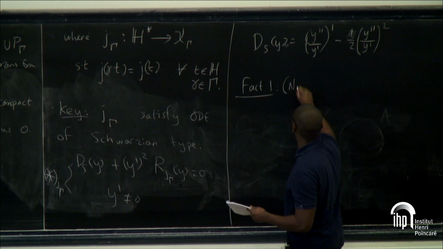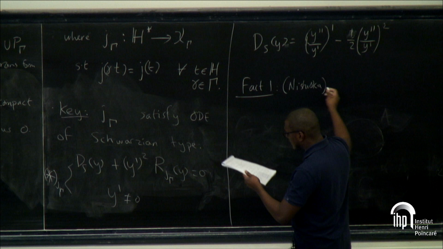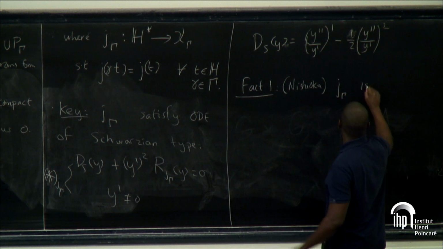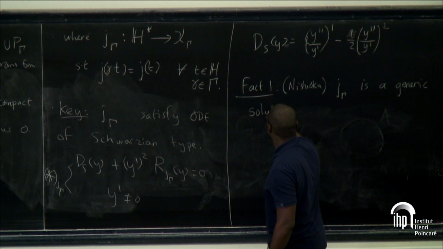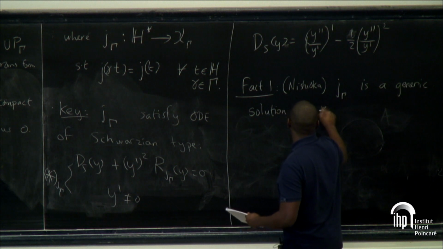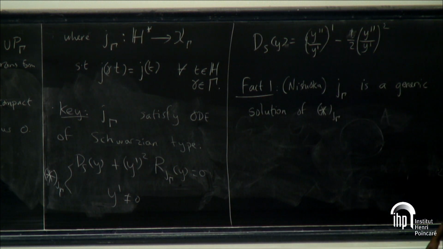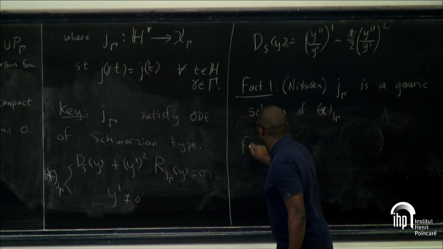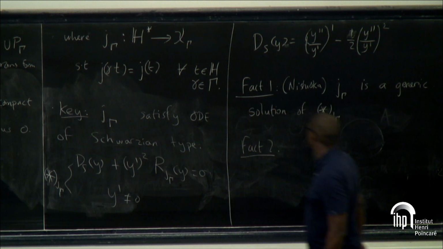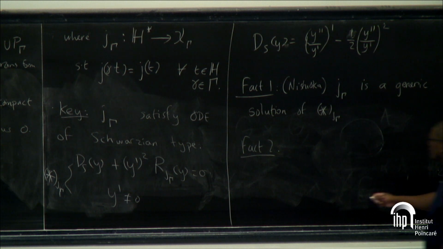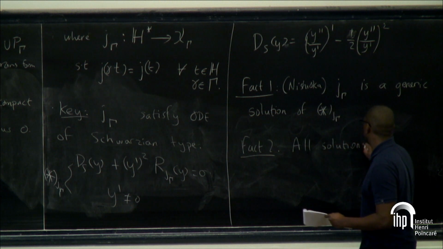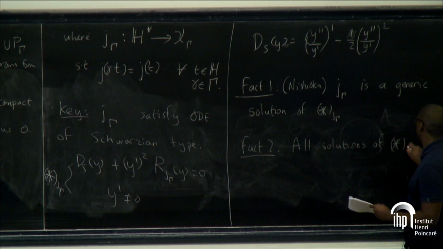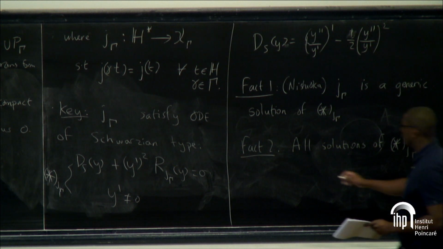So that's due to Nishioka, is that the J gamma is a generic solution of the equation. And a second one, whose proof is the same as for the J function, is that all the solutions of the equation are of the form